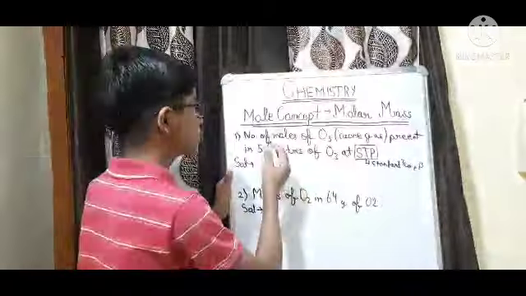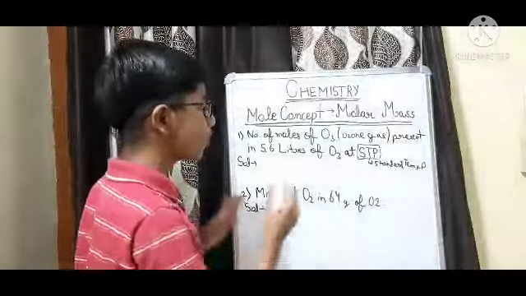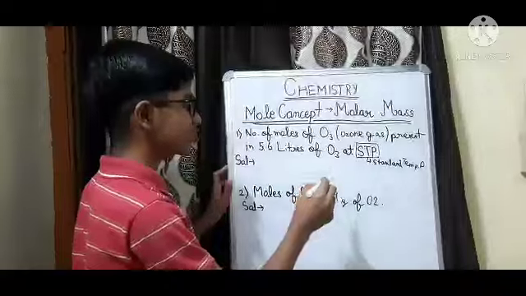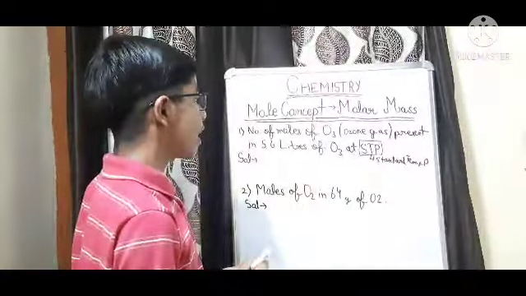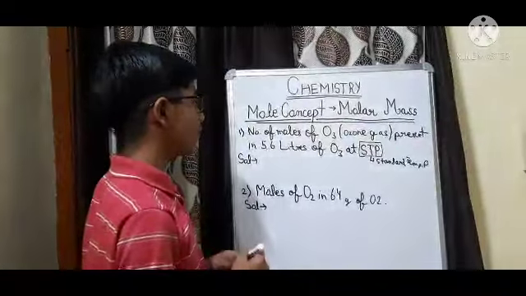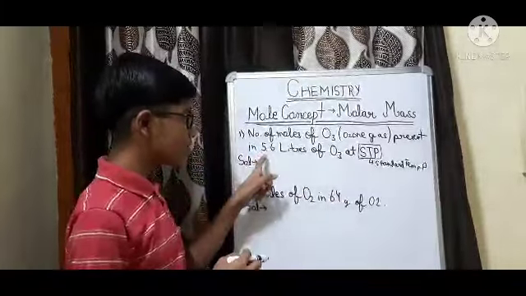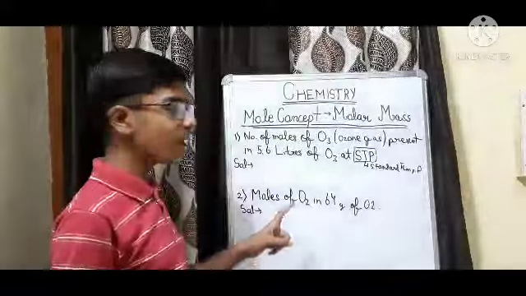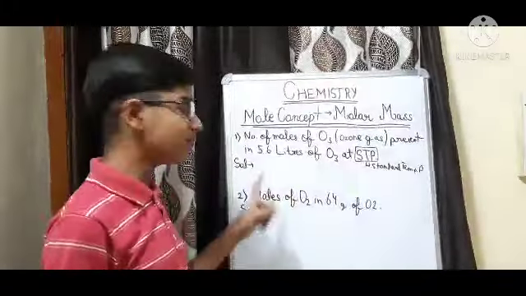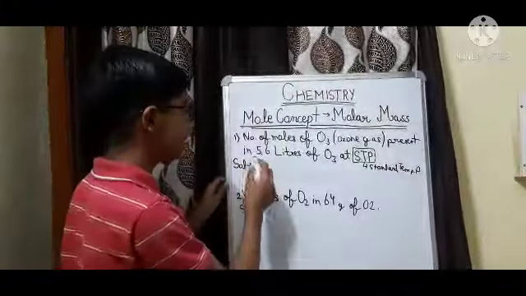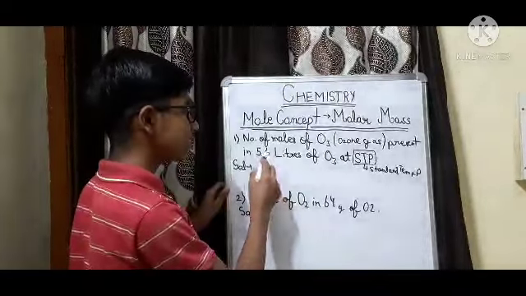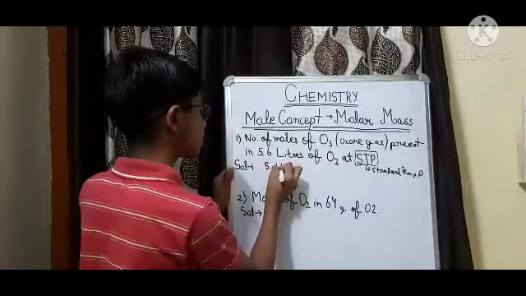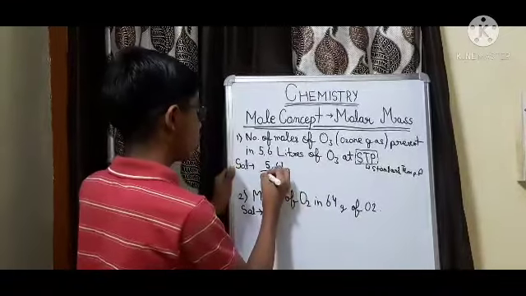The question is: number of moles of O3 or ozone gas present in 5.6 liters of O3 at STP. Now what is the formula for finding it? Over here we will first check whether mass is given or volume is given. If volume is given, the formula is given volume upon molar volume, that is 22.4. Here the volume is 5.6 liters, so volume is given. So we will use the formula: given volume, that is 5.6 L, upon molar volume,